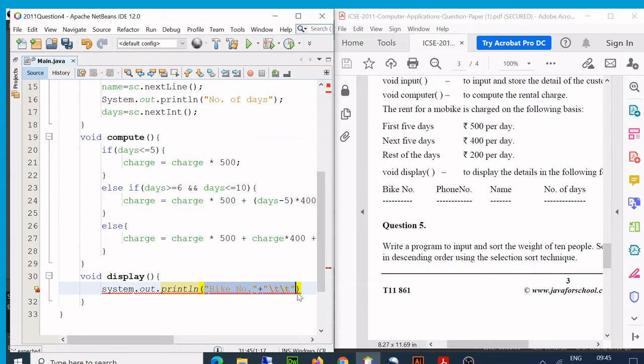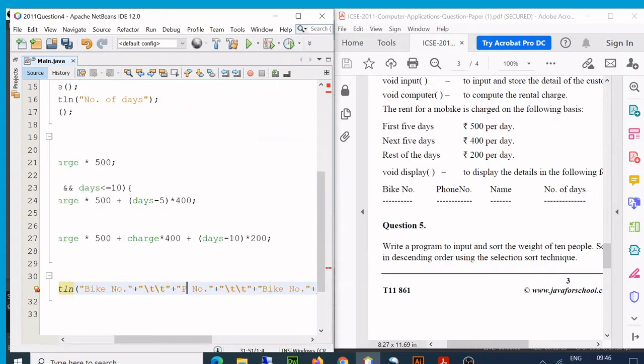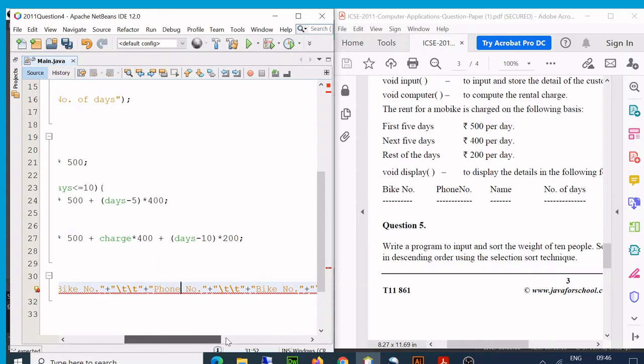right? Bike number, and after bike number we have phone number, phone. Okay, after phone number we have name. After name we have number of days.